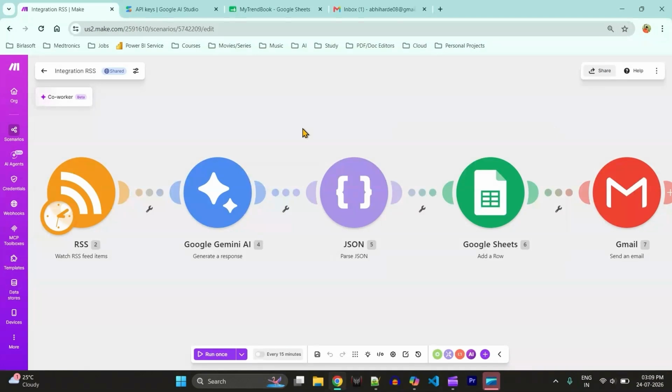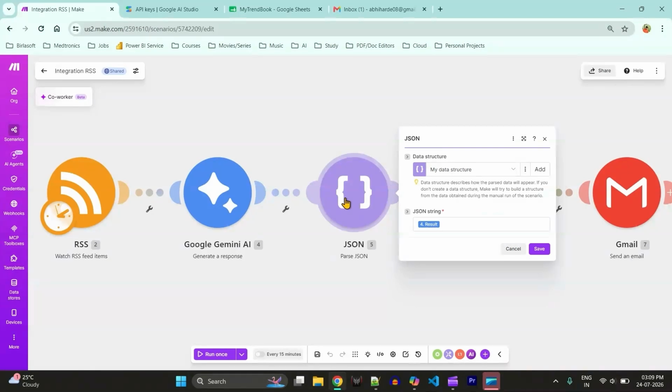After Gemini AI generates the response, I use this JSON module to break that output into separate usable fields. Gemini sends the structured data, things like, in this project, video title, hook, angle, and keywords, inside the JSON format. So this module reads that JSON and converts it into individual data points that this website can understand. I have created a custom data structure here called my data structure, and if I show you what's